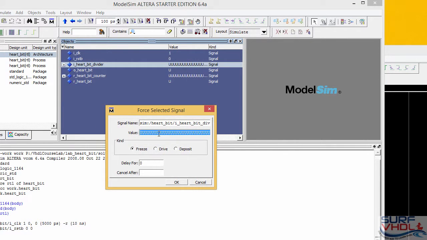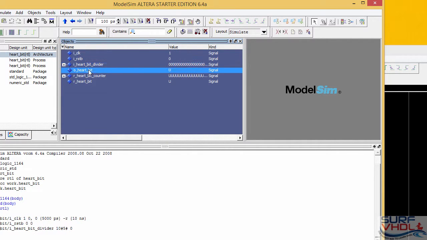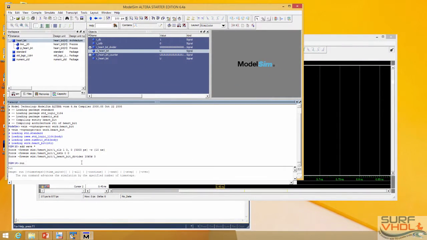We want to force to, for example, 5. Set the base, so 10 hash 5 hash. Okay. This means that I'm forcing with base 10 and we set 5 as number. Then heartbeat, okay. So run, for example,